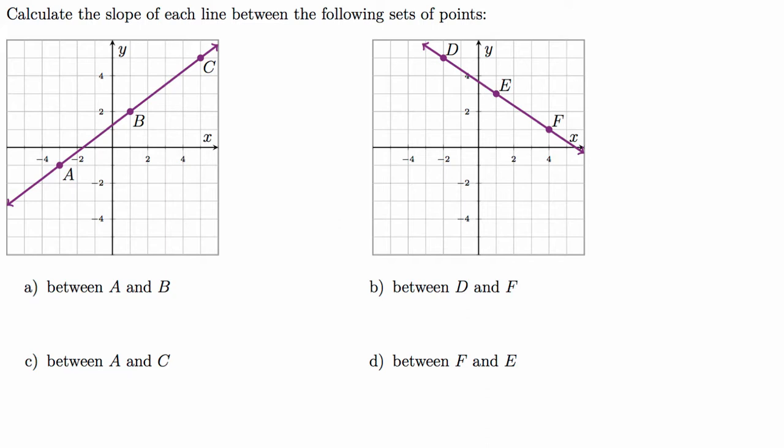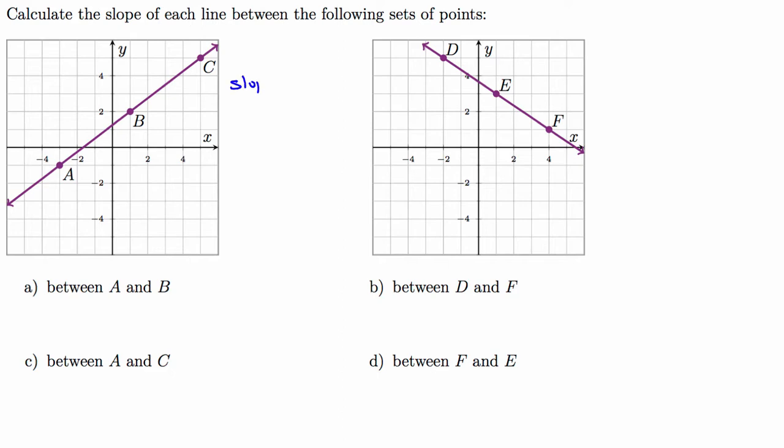In this example, we have two graphs, each with a line, and each line has 3 points. The question is to calculate the slope of the line between the following points on each of the respective lines. Before we can calculate the slope between any of the points on any of the lines, we need to understand